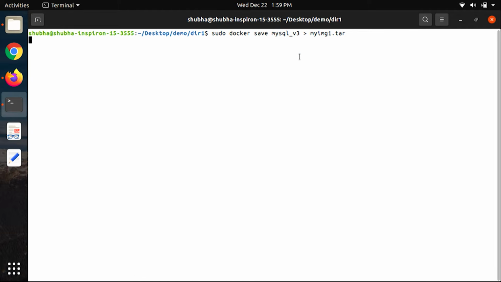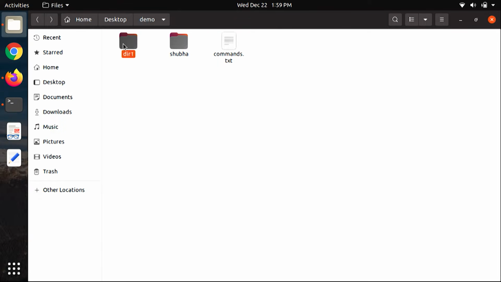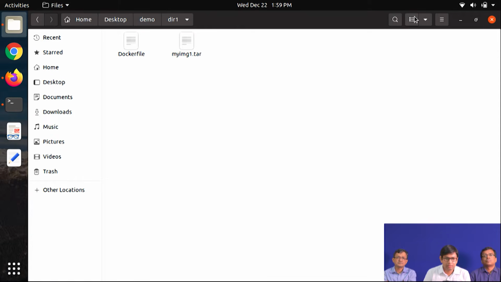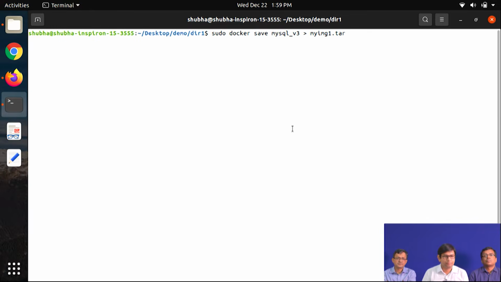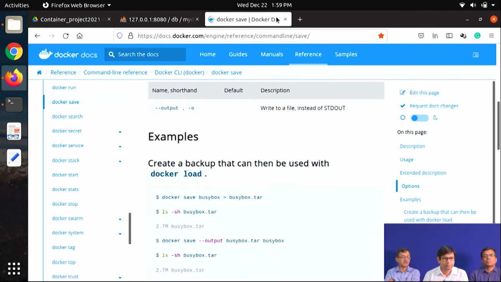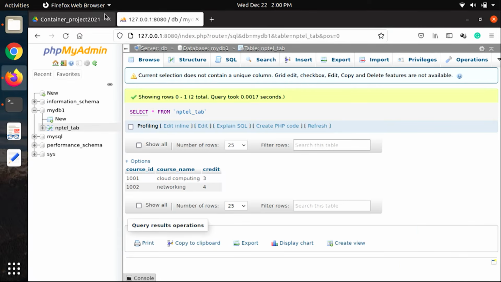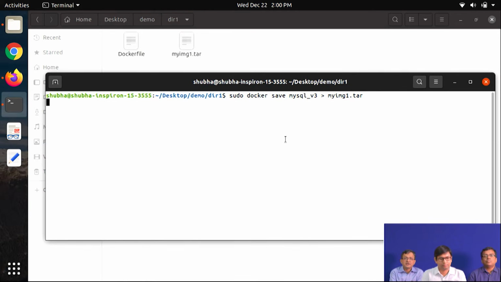So in this directory, this tar file will be created because we are currently in this directory only. Yeah, it is getting created over here. Then for transferring, you will be using in this case Google Drive to transfer. You can use other things also, direct FTP, etc. But here we are using this. So the tar file is being created.